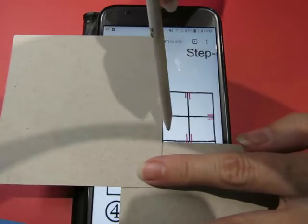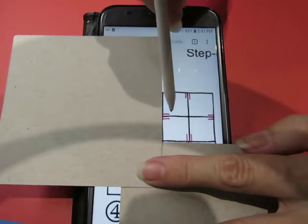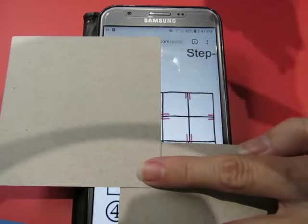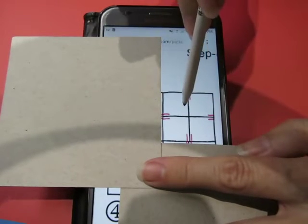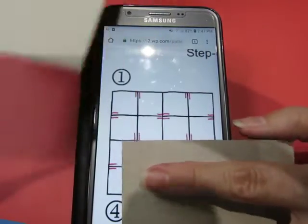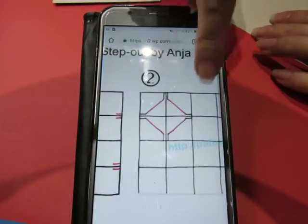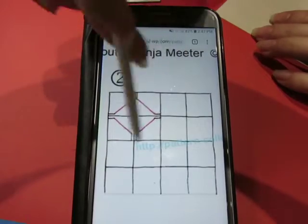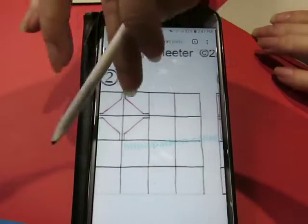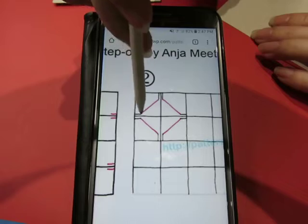If it's just the 4 pieces, then you're going to have 2 little marks on all 4 ups and downs. That makes more sense. I like to isolate when they're drawing in a larger grid like this. I like to isolate just the 4 so I know what I'm doing. And so there's 4 of those. That makes more sense to me in my head. See how they've now just shown you 1 rather than all 4 at once. I like that. So then we're going to do those little marks all the way around like that, and then